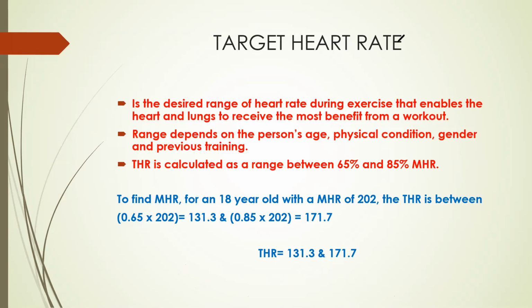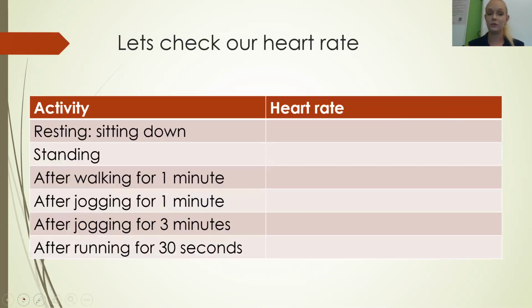Now, the syllabus dot point actually asks you to measure heart rates during exercise. So I've created a table that you can now go out and use on your own. So what you can do is sit down resting, find your heart rate and measure it. Okay, so if we sat here for 30 seconds and measured our heart rate to be approximately 30 beats, we would then times that by 2 to get 60 beats per minute,